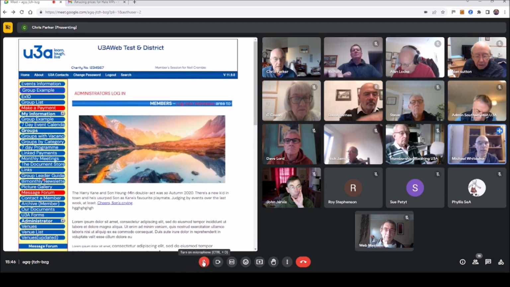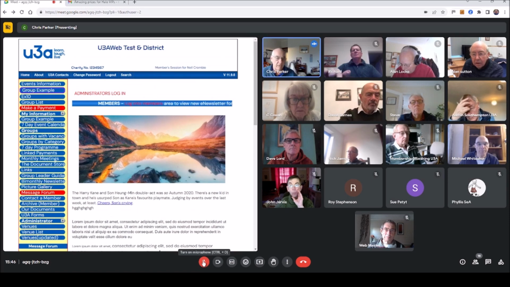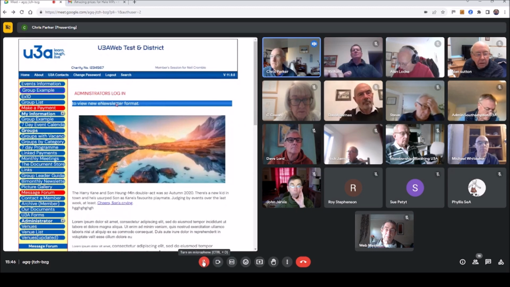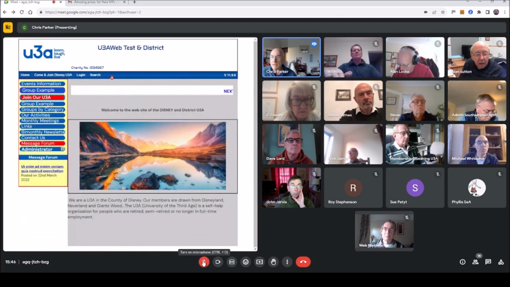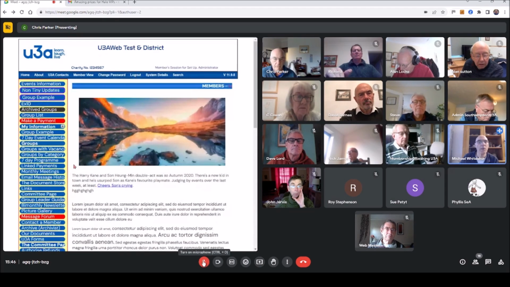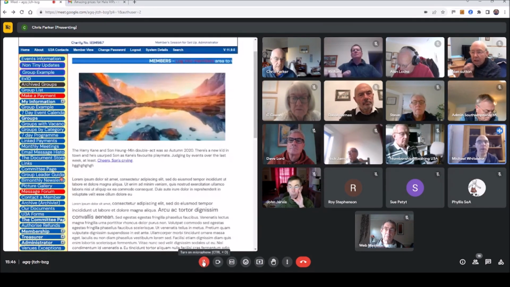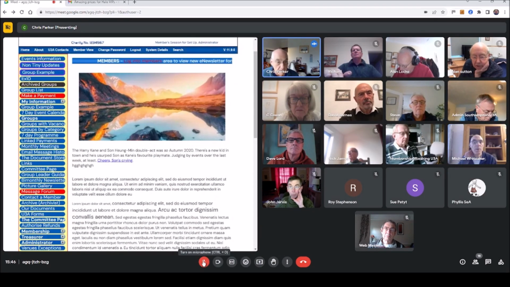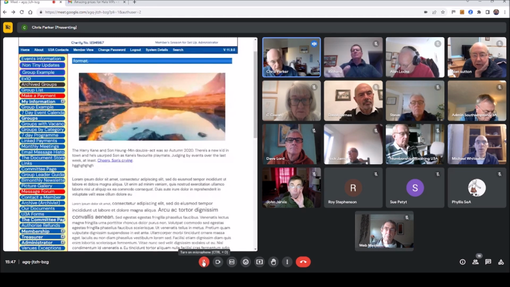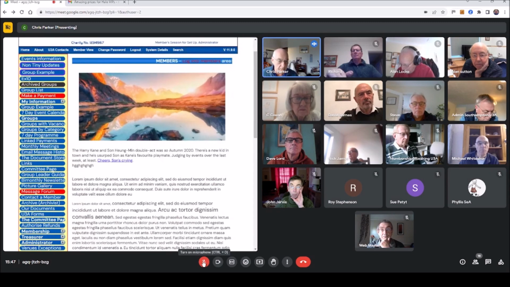Can you be logged in at the same time as them? No, you are effectively logged out as you. So when you've finished with Neil or wherever it is, if you click log out, you're back to logging in again as yourself. No, I meant if they've got a problem, you can't be on with them. Oh, you can. Yes, you can. And obviously, if they do something and you refresh the screen, you'll see what they've done. So you can be them if you want to.